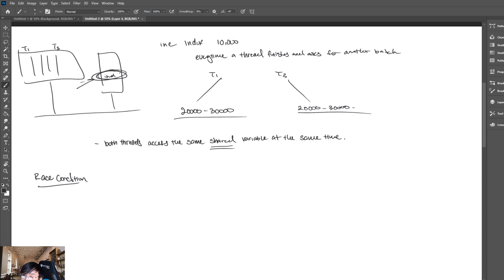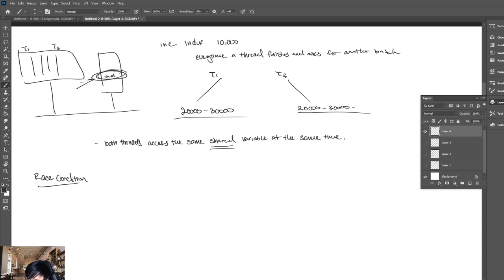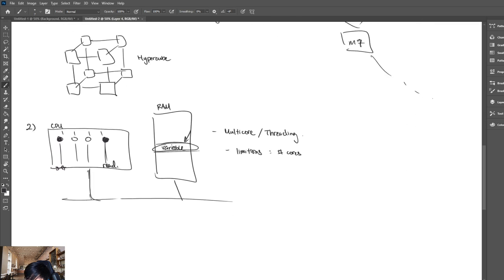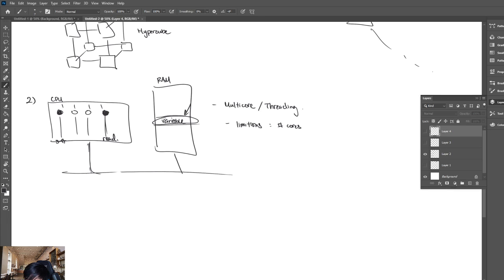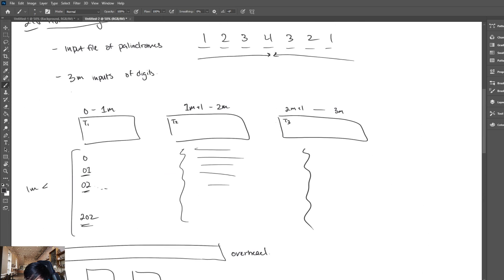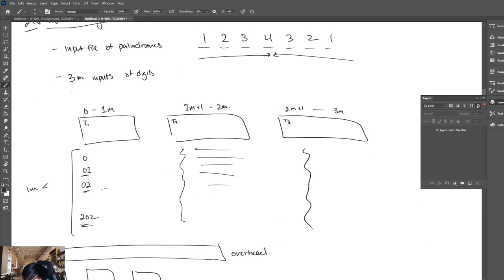Someone asks, would you do n plus 1, n plus 2, where n is divisible by 3? If you're referring back to this one, where we're splitting up the workload,